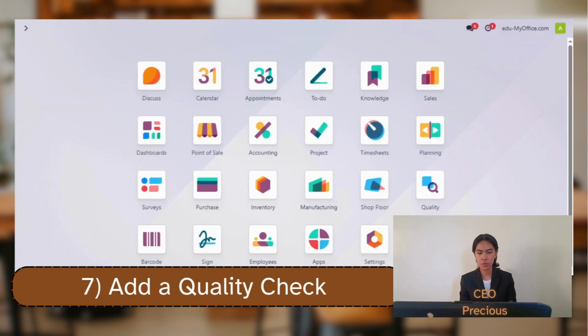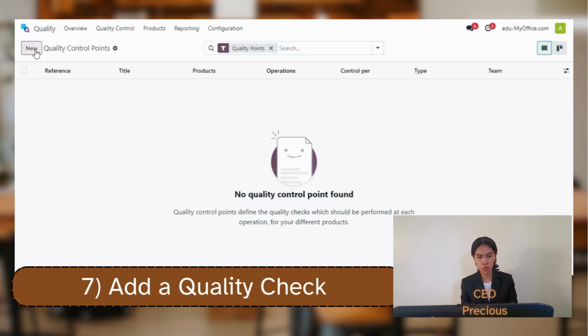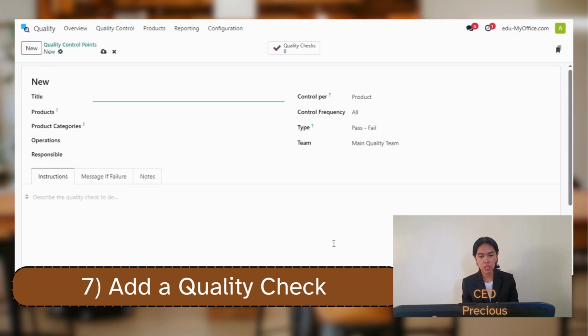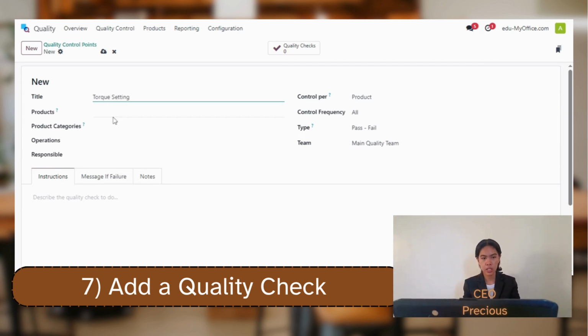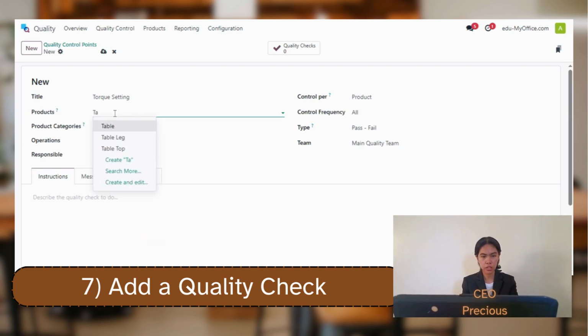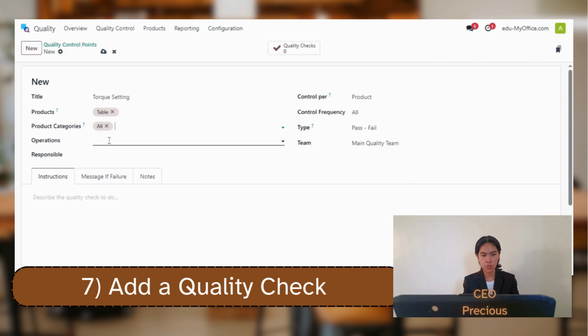So to add the quality checks, we have to go to the quality app, click it, and then take the quality control and then the control points. Let's add new, and then the title will be about 4K setting, and then for the products, it will be about the table. And then for the category is all. And then for the operations, it will be